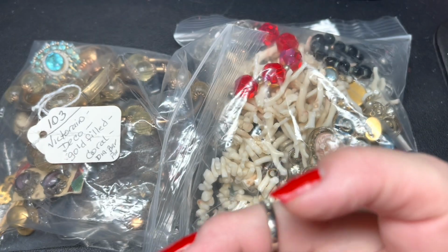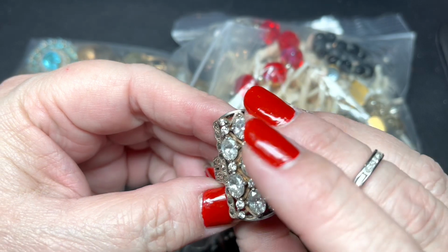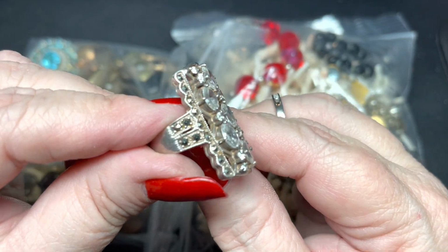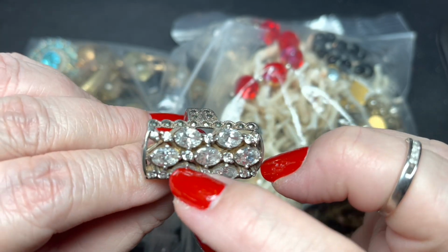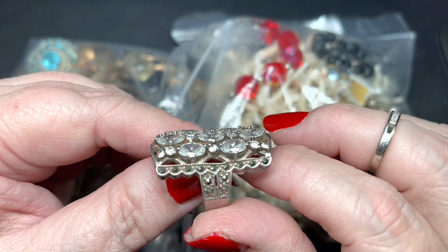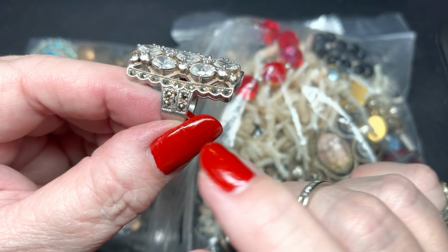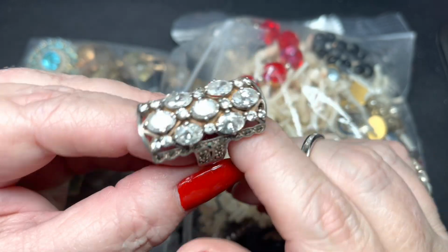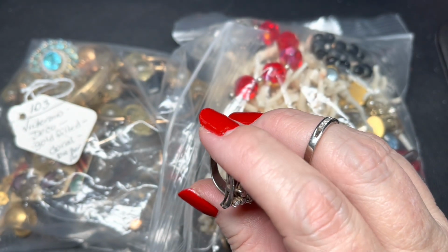This is a fabulous sterling silver cubic zirconia ring. Isn't that fabulous? It needs to be cleaned a little bit in the center. The sterling has some patina, but very nice. There are no missing marcasites. So there's marcasites all along here and on this side also, and nothing's missing. This is a size...